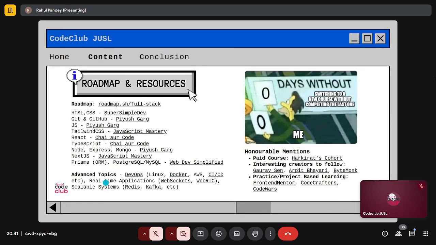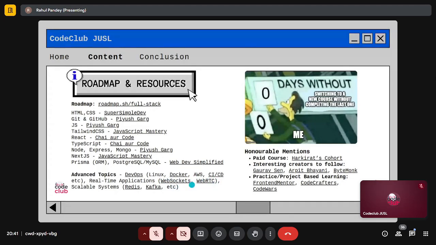And then some other advanced topics are building real-time applications, like let's say chat apps. For example, in WhatsApp, you see whenever you're talking to someone, you're sending a message and they get it immediately, right? So yeah, that's something that can be implemented using WebSockets. Then there's WebRTC, which is used for video calls. For example, Google Meet itself, you will see that it's implemented using WebRTC.